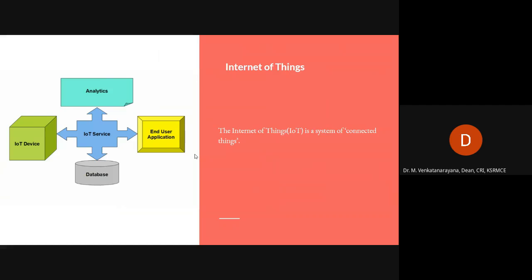So we need cloud to store the data. So no need of the design of web server, the design of web software and cloud. With a simple way, we can build IoT applications with the help of ThingSpeak.